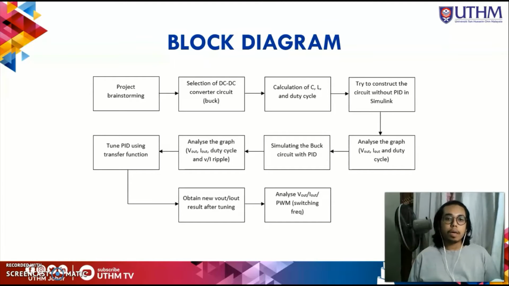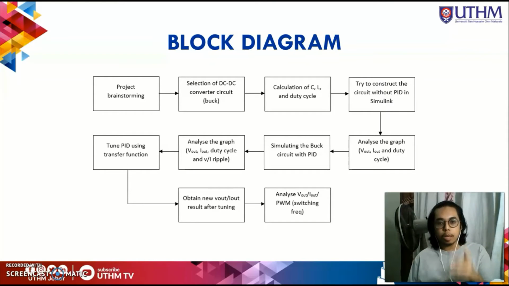After we calculate the value of C, L, and D, which is the duty cycle, we will use the value that we have calculated and put it in the circuit that we want to construct in the Simulink, which is the buck circuit without the PID. After we simulate the circuit without PID, we analyze the graph, which is the V out, I out, and the